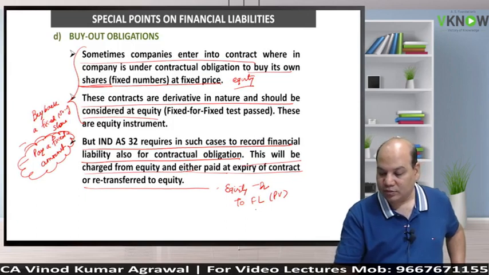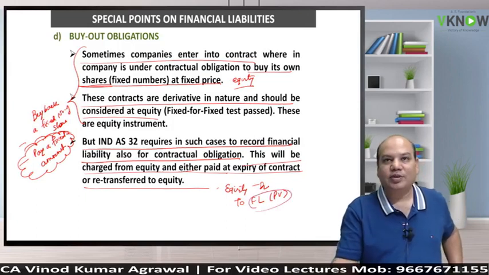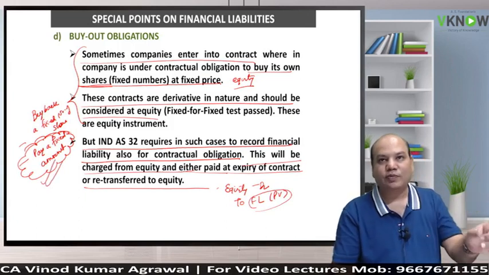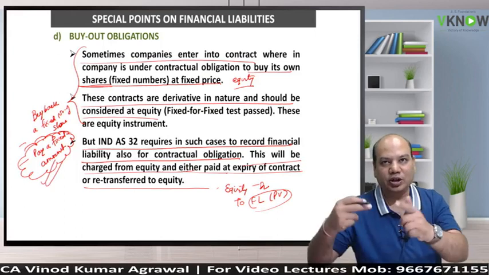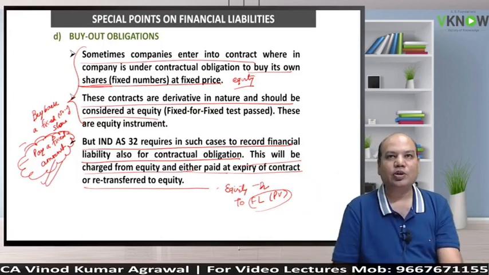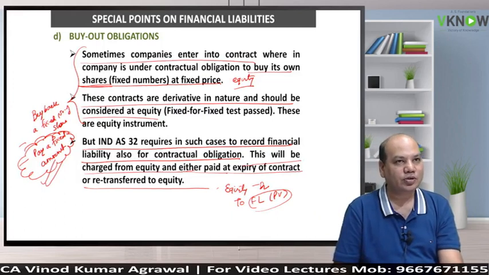Every year you will provide interest cost on that. On maturity, it will become equal to the amount you have committed to pay with interest, because you have taken present value. With interest, it will become equal to the amount payable on maturity. Understood? Now the other party,